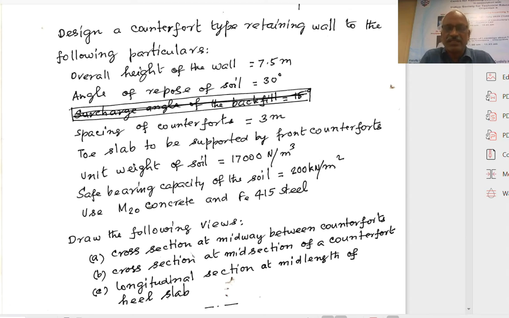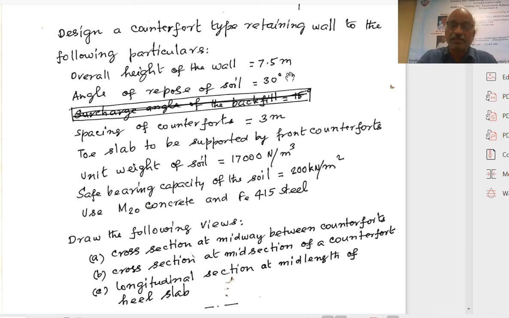In the last three lectures, 51, 52 and 53, we have been discussing cantilever and counterfort retaining walls. In the last lecture, that is 53, we discussed the behavior of different components and the design of a counterfort retaining wall. So for the counterfort retaining wall we are halfway through, but before starting I will just summarize a few points so that there will be continuity.